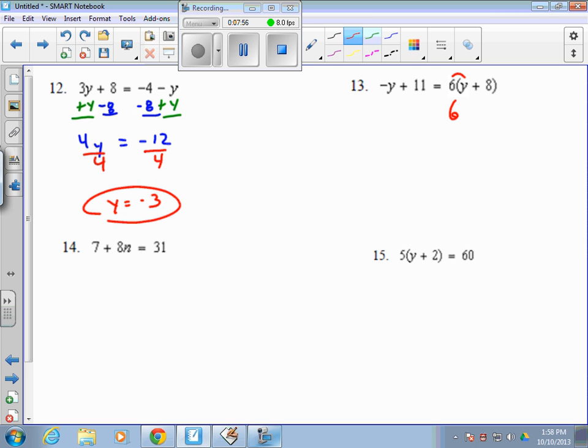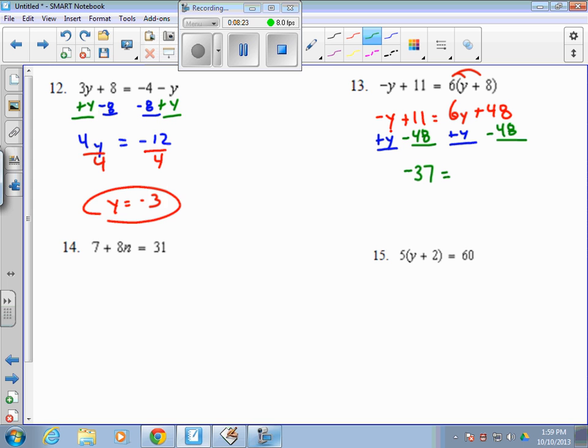Distribute: 6 times y is 6y, 6 times 8 is plus 48. So negative y plus 11 equals 6y plus 48. Move your y's over to your larger y side. Add y to this one. Add it to this one. Subtract 48 from the side your variable terms are on, and subtract 48 from this side. 48 minus 11, since they're opposites, is going to be negative 37